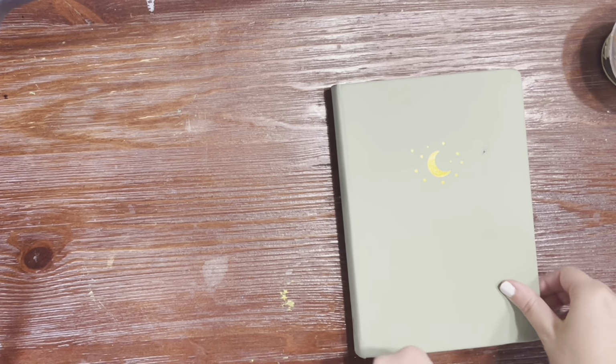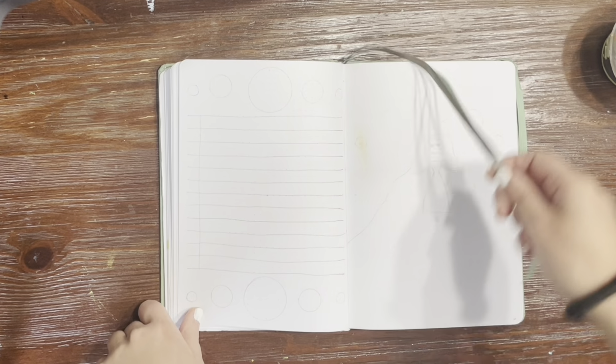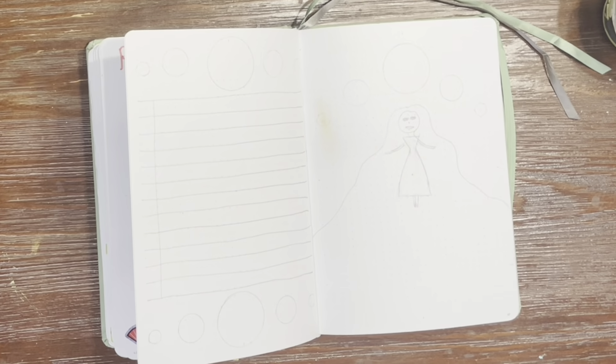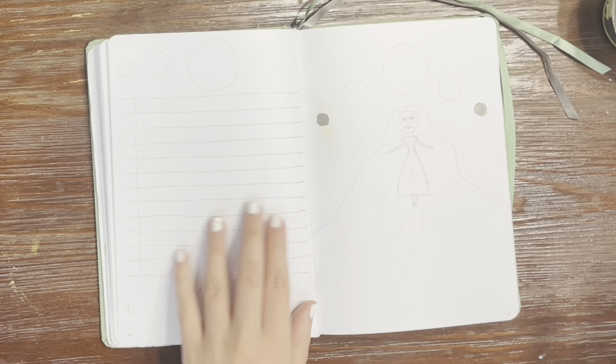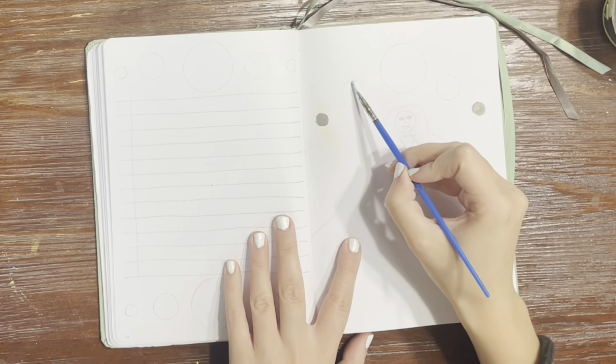In today's video, we are doing our April bullet journal plan with me video. Now, my theme for April is a little bit strange, and I didn't really have a specific idea going into it. I was mostly inspired by these colors of acrylic paint that I had at my house, and I decided I wanted to base a theme off of that. So what I ended up going with was this pastel-y space theme of sorts,